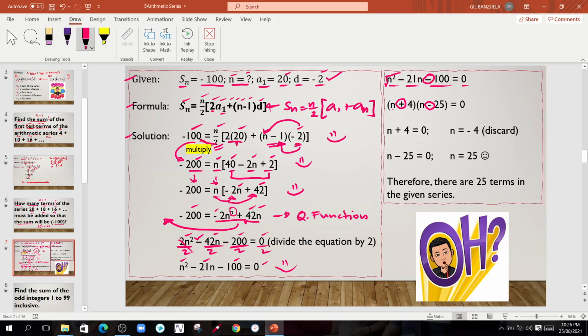So, the square root of n squared, of course, that is n times n. Sir, how about the coefficients? How did you get the 25 and 4? Good question. Every time the last term is negative, guys,